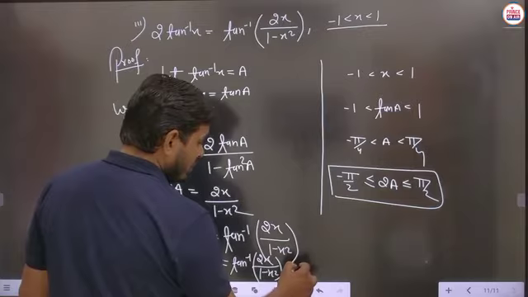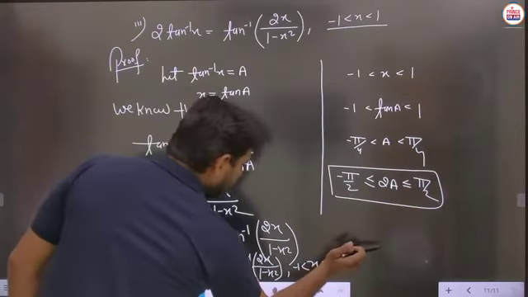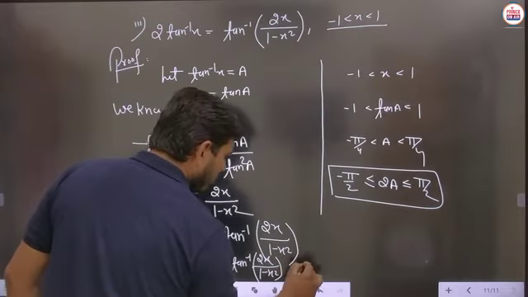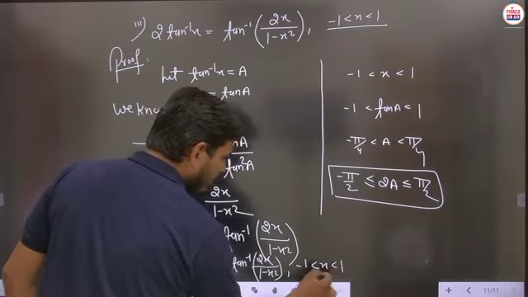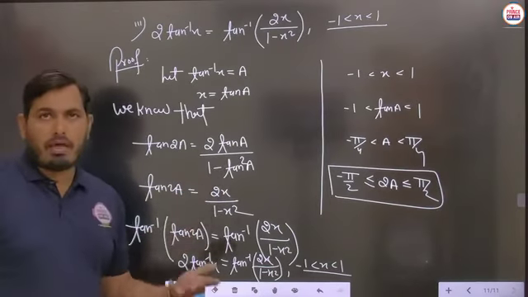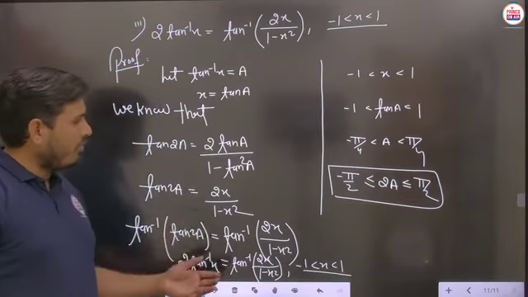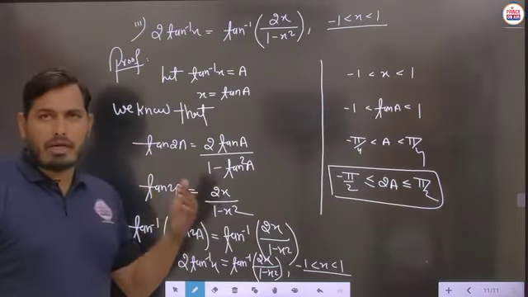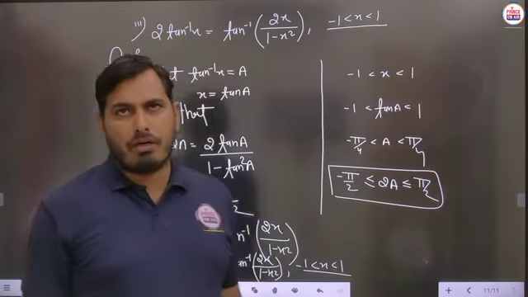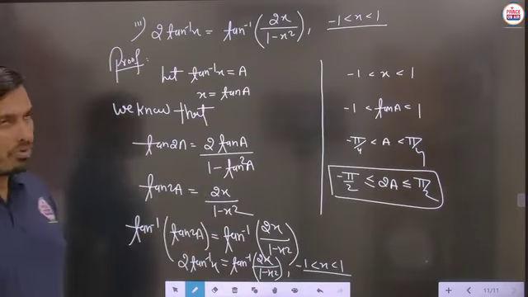Here the situation is that x will be taken from minus 1 to plus 1. This x is to be taken from minus 1 to plus 1. So we have to keep in mind this situation, and in the proof of each and every formula, each and every section, we just have to remember the formulas of sin 2a, cos 2a and tan 2a. Easily you can do the proof, but we have to keep these things in mind, and according to that we have to do the processing of these.